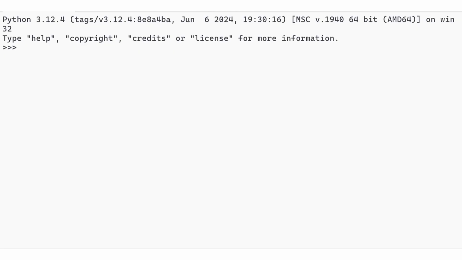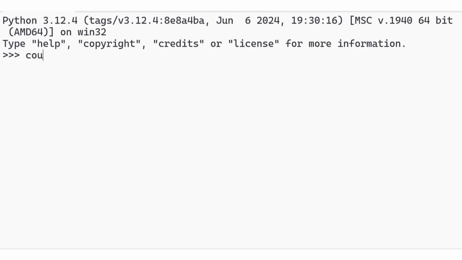Here I'm taking the example. The while loop is used when you don't know how many times to repeat, but want to continue until a condition is false. Here I'm taking another example, counting with while. I'm taking count equals 1 and while count is less than or equal to 5,